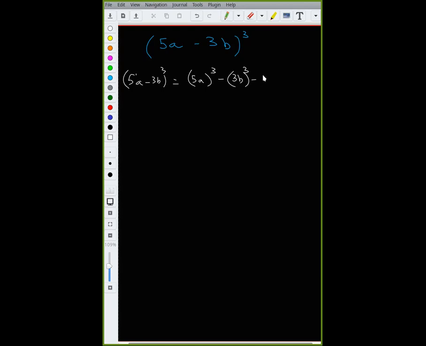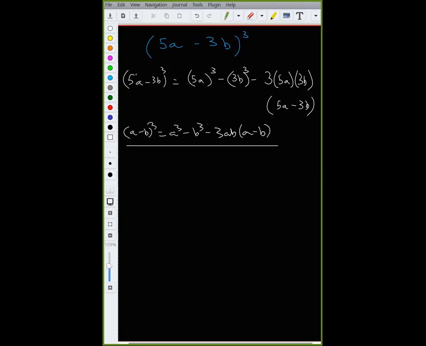Minus of, what you can do now, instead of making the plus minus mistake, we know in this one, it's 3 times 5a into 3b into 5a minus 3b. So in this case, the plus minus mistake will be minimized. Sanika, is that clear? We use that format: a minus b, the whole thing cubed, is a cubed minus b cubed minus 3ab into a minus b. We use this one here. Why? Because we know in this everything is minus. So we can eliminate that minus plus mistake. So from here, let's continue.